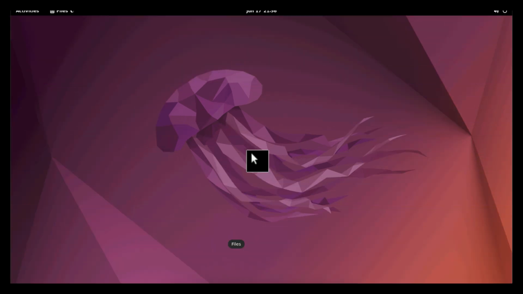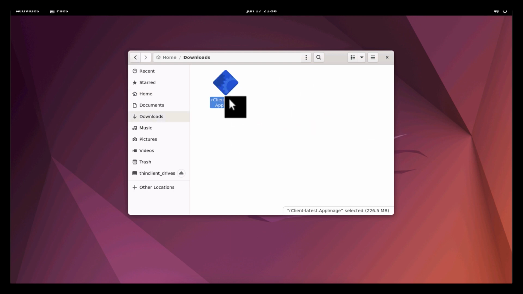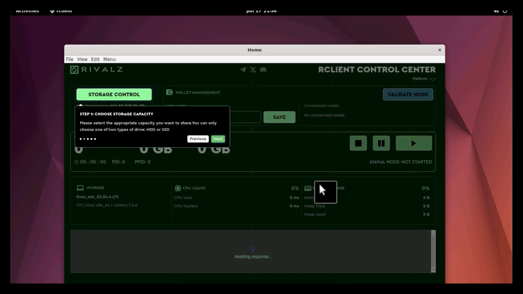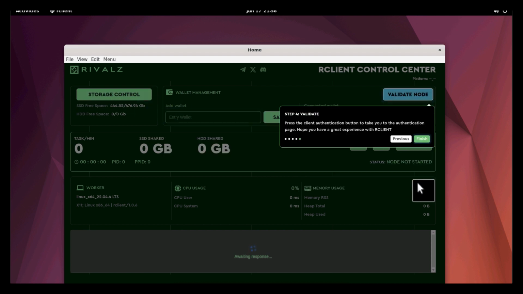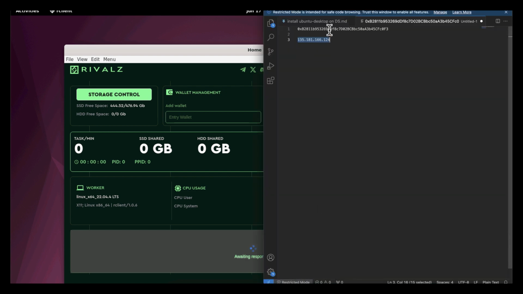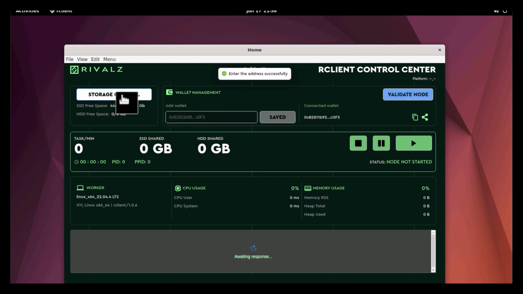Since we disabled the lock screen, you can see that the desktop is still running even if we are disconnected from the RDP and then connected back. And now you can see that after the formatting, the storage became available. So we have a free space of 444 gigabytes. Now let's connect our wallet, save it,